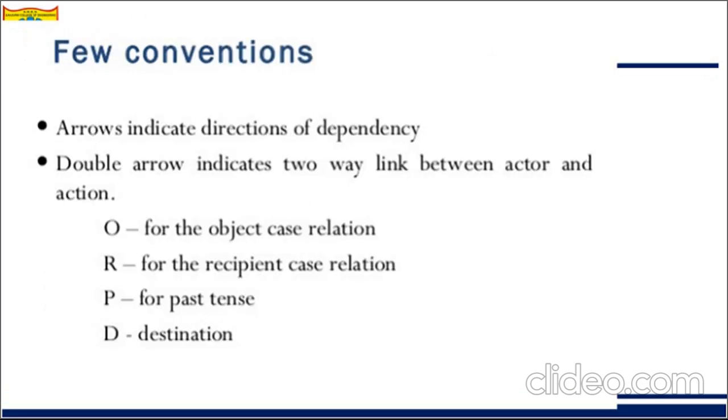Let us see the rules or conventions to do this. A few conventions are there. We use arrows, as you have seen. An arrow shows the direction of dependency. A two-way arrow describes the link between the actor and the action. O is the object case relation, R is the recipient case relation, P stands for past tense, D stands for destination,